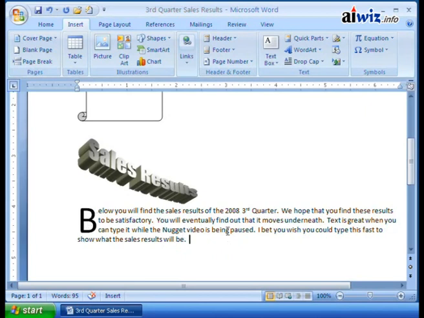You do need to know how to do this if you are going to take the Microsoft exam, so we thought we'd show you that. This is one of those little quirky ones that when I saw it, I thought, good thing I know how to do this, but you might have missed it. This is called drop cap, or dropped capital, and it's a really good way to give a document a finished,